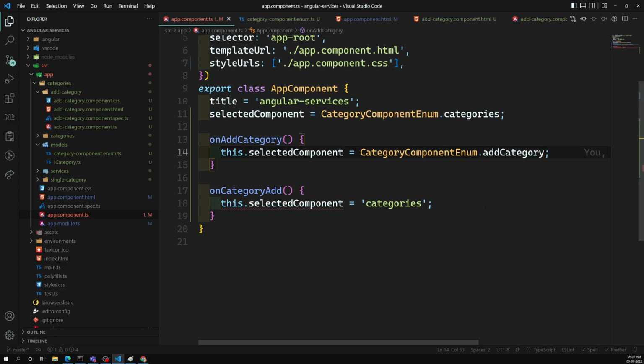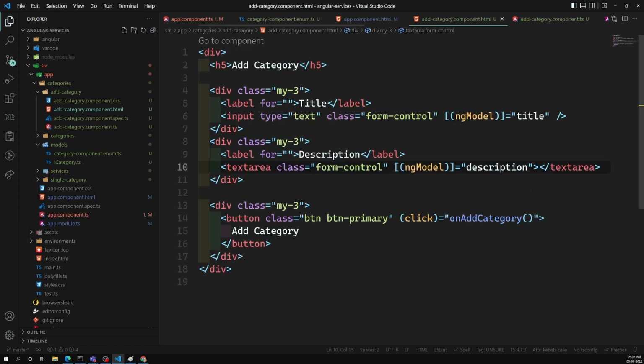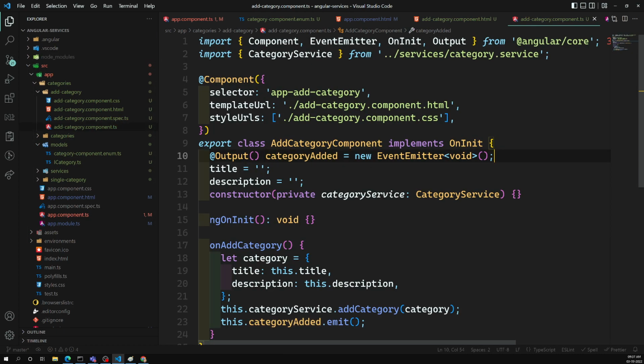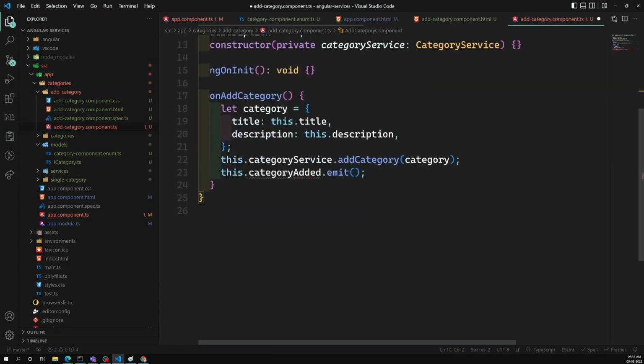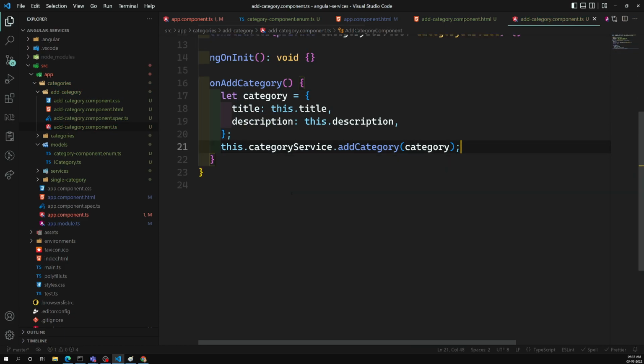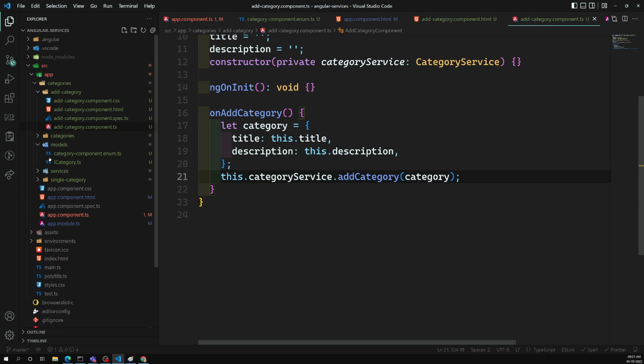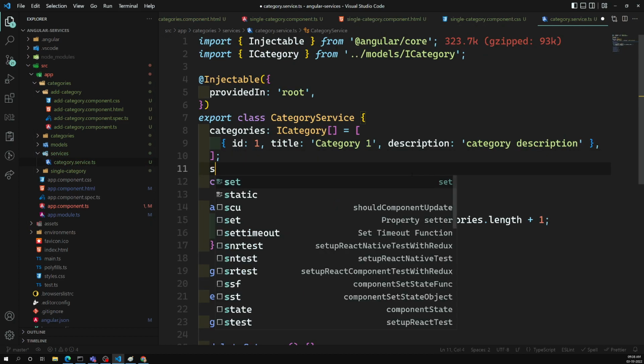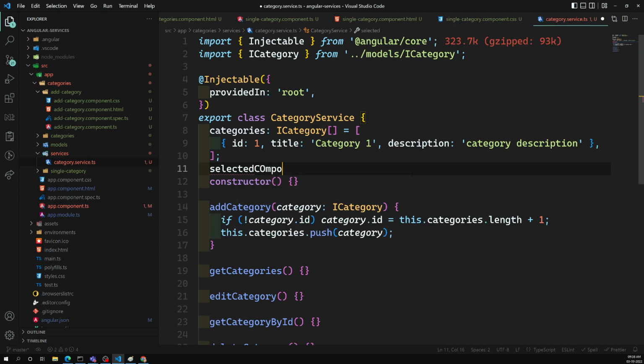So now what I want to do is, instead of having this component communication here, let's remove it. Let services take the responsibility of emitting this. So what I can do here is go to the category service. Where is this category service? In the services, in the category service, and here I will have a value selected component